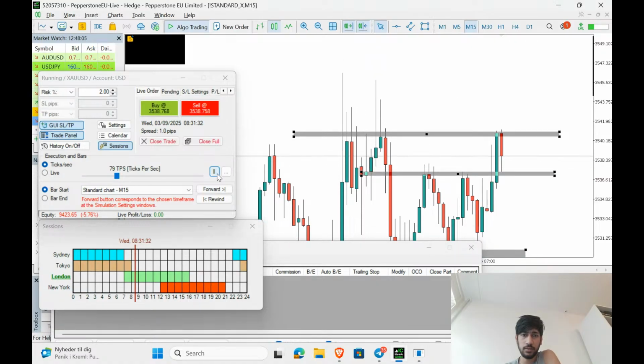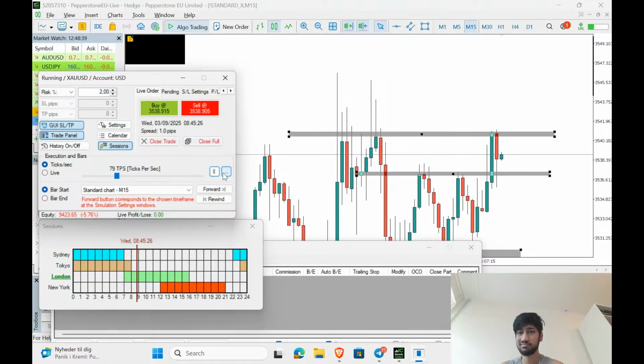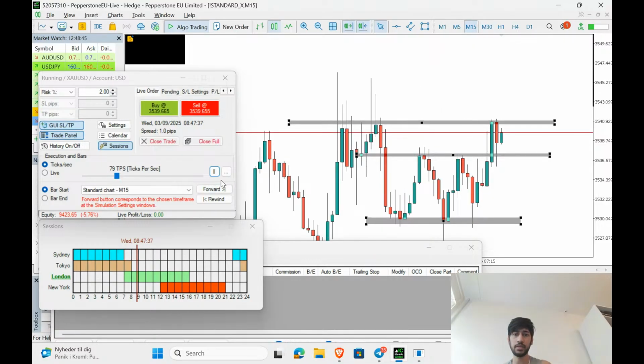I mean, if this can wick down and break above its own high, yeah, it just didn't wick down, it just broke the low. Did it break the low? No. 43, 44, 44, 45. I'm just not happy with this. But if this candle just breaks above the high,